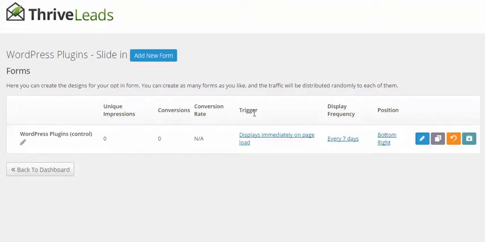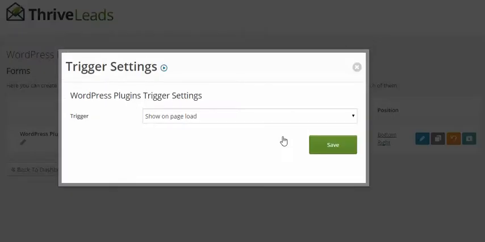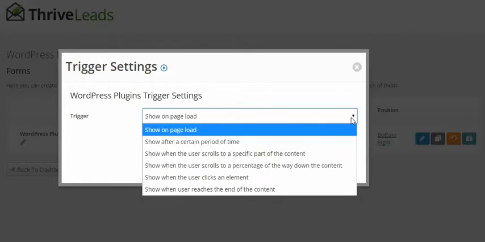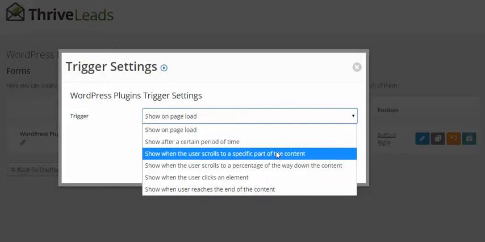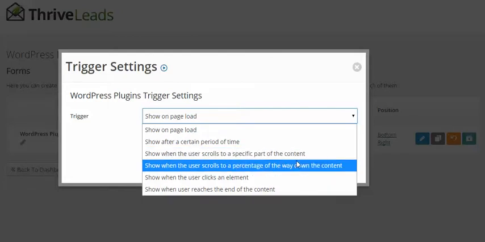conversion rate, and trigger. At the moment it displays immediately on page load, and that's a little bit too much for me. So I'm going to change it, and you can see the options that I have: show after a certain period of time, show when the user scrolls to a specific part of the content, show when the user scrolls to a certain percentage of the way through the content, which is what I'm going to put it on for this one. Show when the user clicks an element, show when the user reaches the end of the